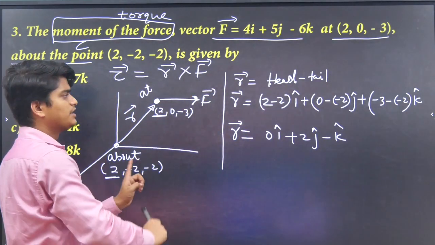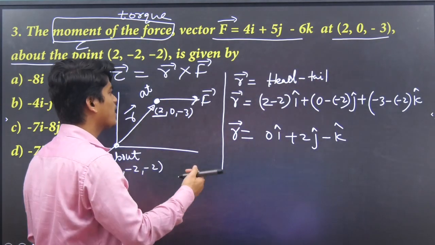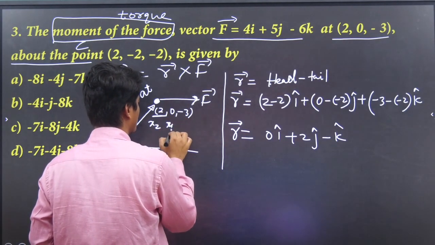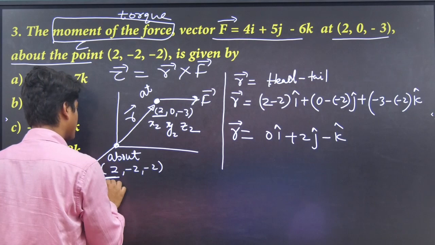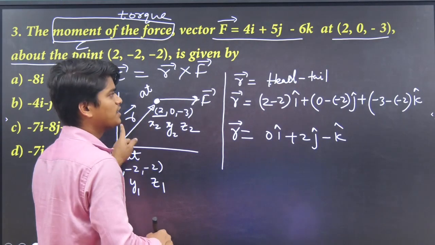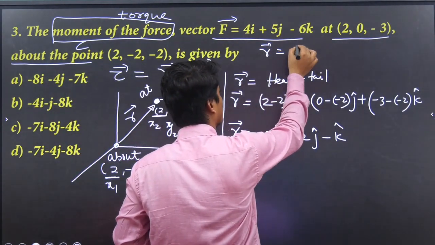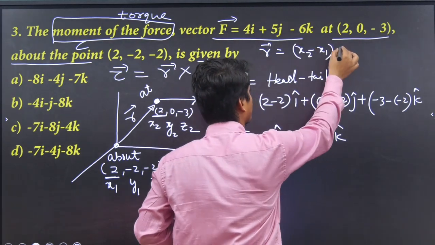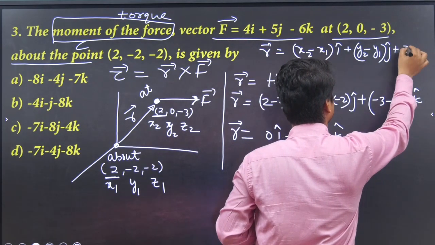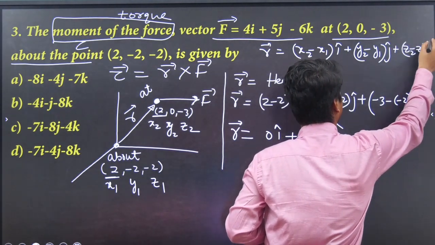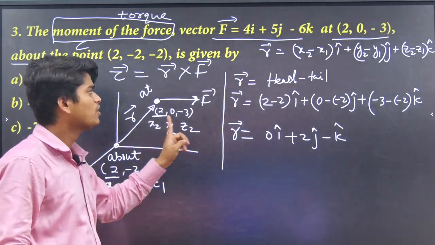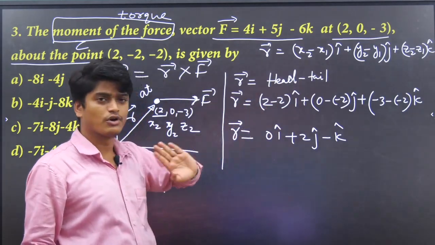If 2 points are given, this is the way to find position vector, or you can tell also here it is x2, y2, z2. This one you can tell as x1, y1, z1. Then after how to find this position vector? Now you can go for this position vector is nothing but x2 minus x1 I cap plus y2 minus y1 j cap plus z2 minus z1 k cap. Always remember, that's why I am telling, head to tail minus always do. So x2 x1 you can give, otherwise you can do this way also, no issues.